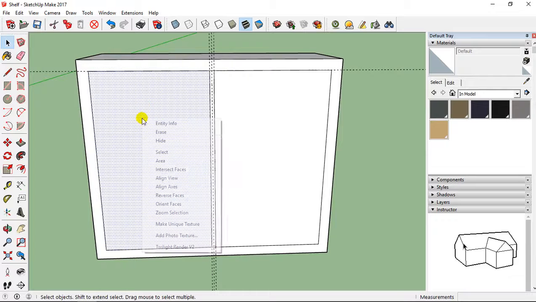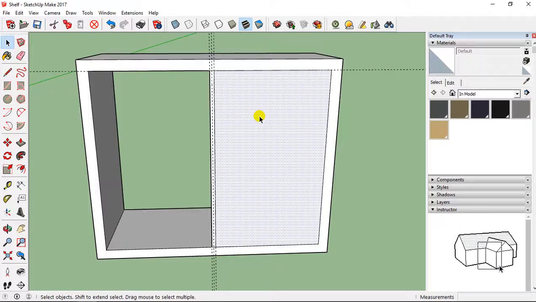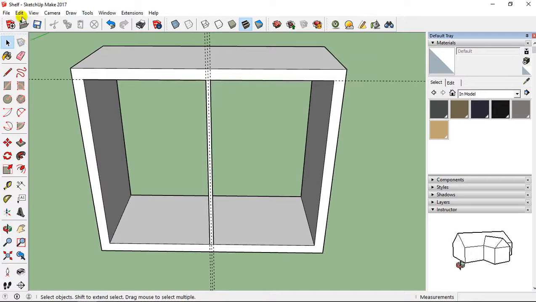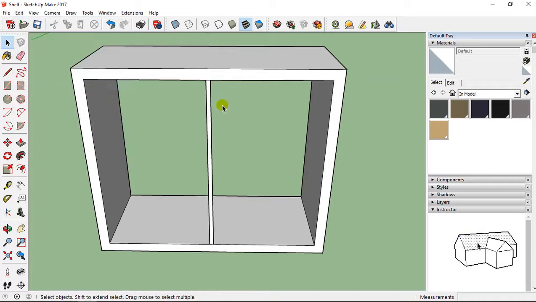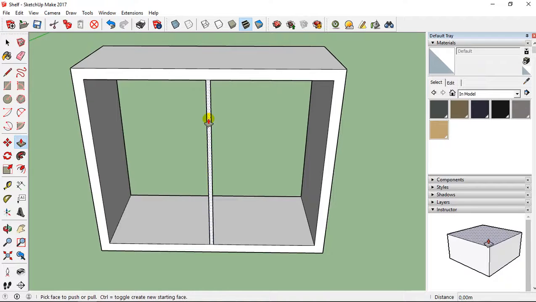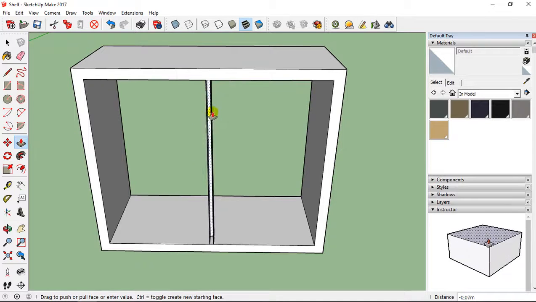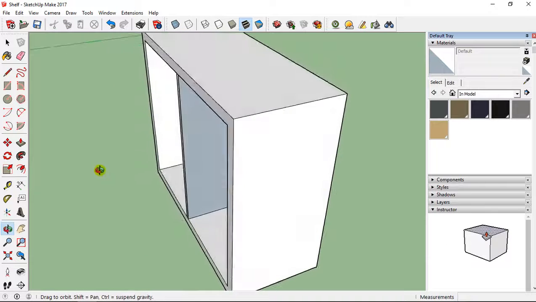Then I click on this face, right click, erase. I click on this face, right click, and erase. Edit, delete guides. After I just have to take the push-pull to go on this and to push of 50 centimeter, like that.